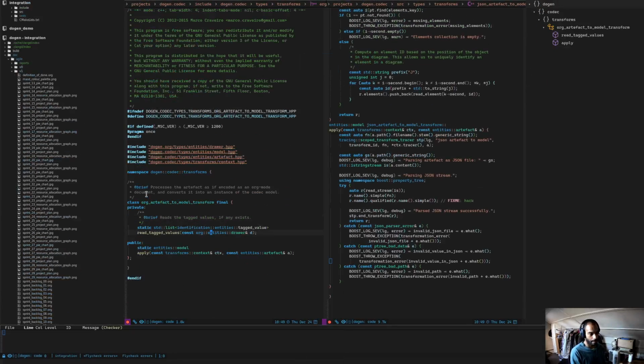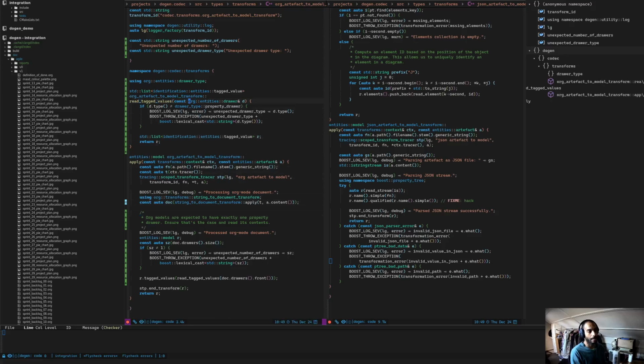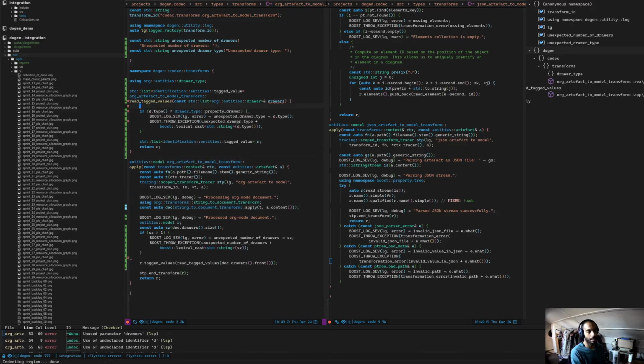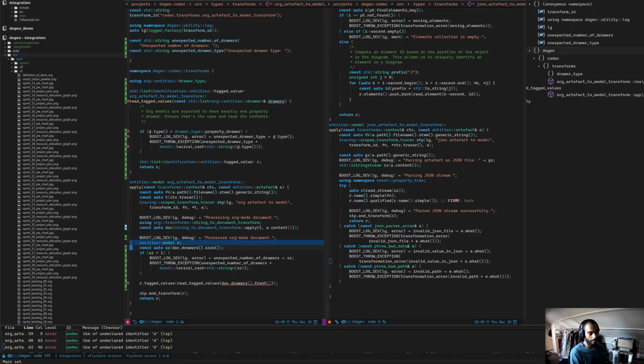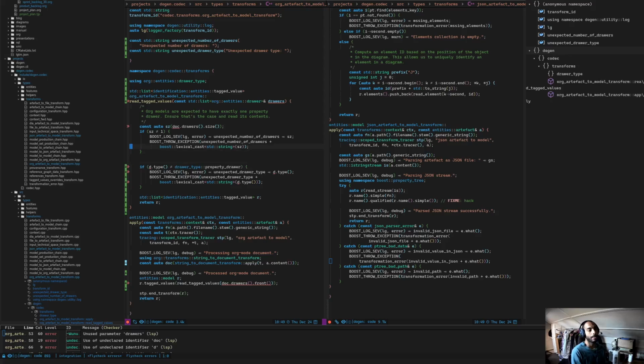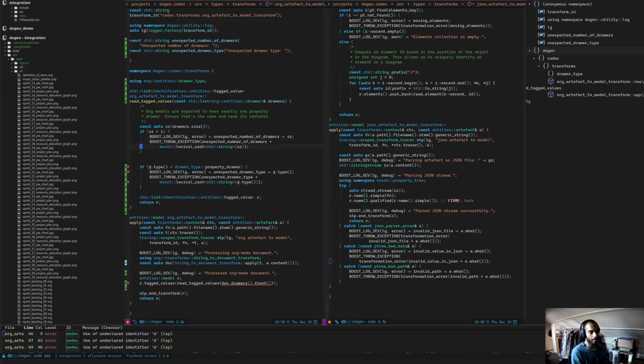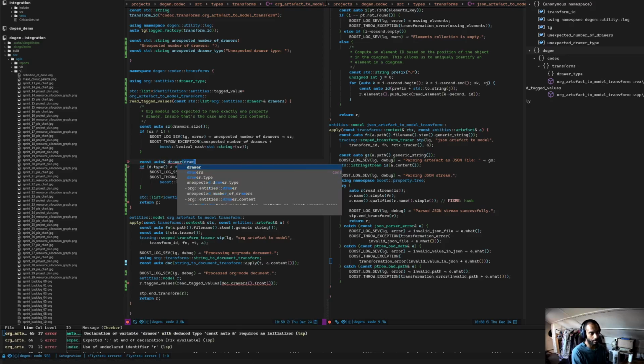So instead of dealing with the drawers like that, we're going to deal with them slightly differently. And we will basically do the work that we're doing here in the method, because I think, as I said, there's an expectation of a shape. So we can just assume that all these elements are going to have the same shape. So what we'll do instead is this. We'll say, okay, your drawers must have exactly 1 in the size. That's cool. And then we will obtain the drawer from the drawers dot front,